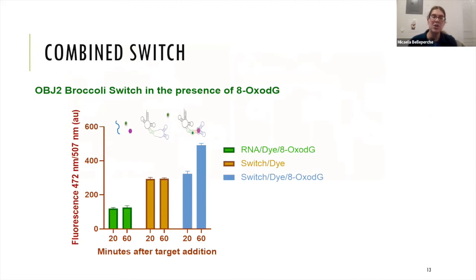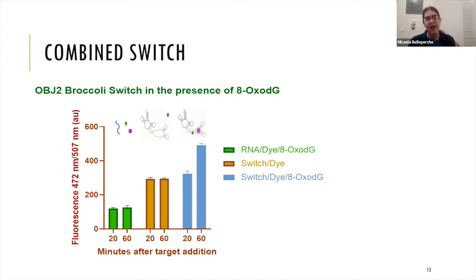The graph on the left shows three separate conditions. Furthest to the left in green is a negative control condition containing just 8-oxo-DG, a random RNA sequence, and the dye. As you can see, there is a low background signal from the dye that is increased in combination with broccoli. The central condition in orange shows the aptamer with the dye alone. We do have some constant binding of the dye to the aptamer, as the broccoli is not completely destabilized in